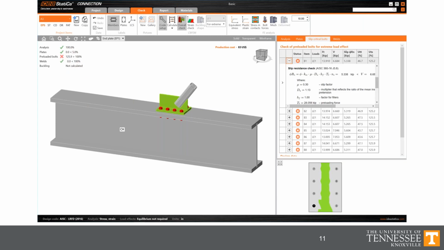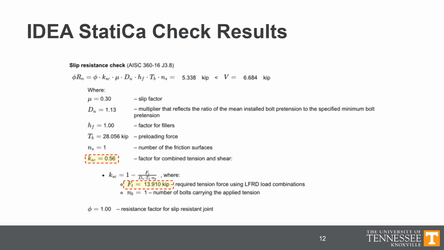Now, this is good information that shows that IDEA StatiCa is conservative, and by how much. IDEA StatiCa strives to be accurate or conservative, but it doesn't really speak to why the differences exist. So you've got to dig deeper for that. The checking results provide some clues. Here's a screenshot of the calculations for one of the bolts in the connection. The equations are all implemented correctly, but in the calculation, one factor, this ksc factor, the factor for combined tension and shear, the slip strength reduction really,